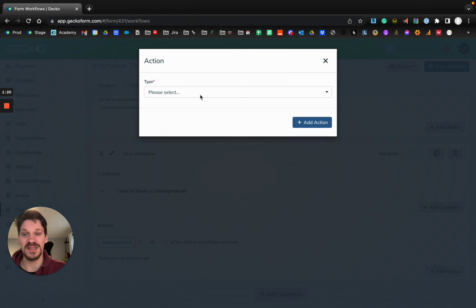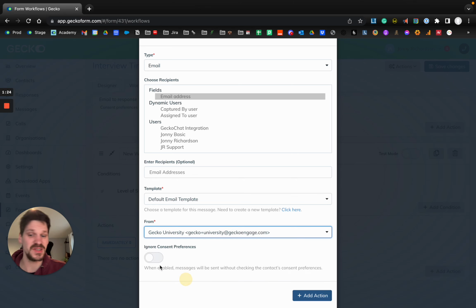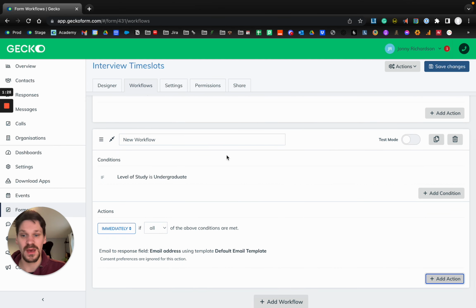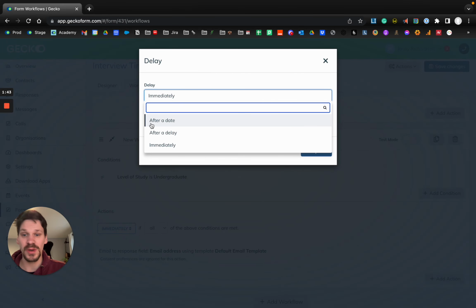You would then go ahead and set up your action exactly as you want. So which message do you want to send? Which SMS? What other workflow action would you like to trigger? Now, the crucial bit is instead of telling Gecko immediately when a new submission comes in, if the level of study is this, then send this email, we want to click the word immediately and tell Gecko to trigger after